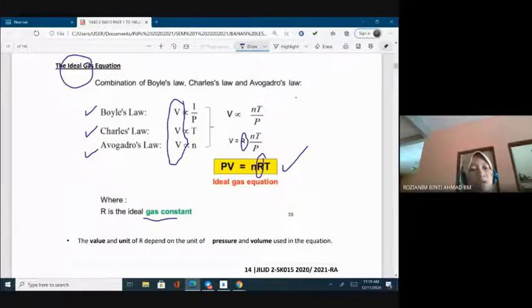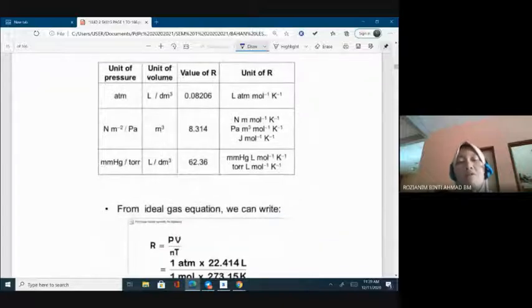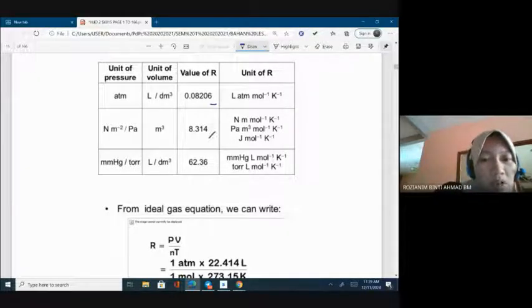The unit of the R constant is different if we have different units of pressure and volume. If you refer to our book, page number 2, we have four values of the R constant, the same value but in different units. According to PSPM, the table of constants given is similar to the one in our book. So which one is the most used? The value of R is